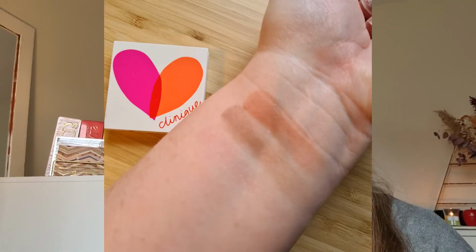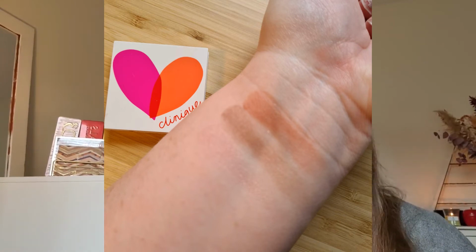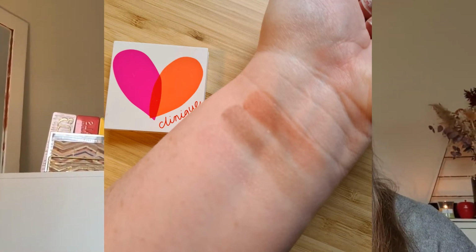So my most used palette is a gift with purchase from Clinique. It's a little eyeshadow duo in Strawberry Fudge and a blush. I got it maybe 10 years ago. I love it. It's a fabulous little palette, and I panned it last year, or I had it in a project last year with the Fantastic Ladies Tiny Pans project,